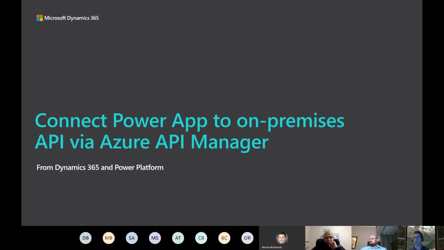And if you don't know, there's several ways you can connect a Power App to on-premises. If it's connecting to a data, so you want to connect to SQL Server or Oracle or something at a data level, then you might look at the Power Platform Data Gateway. I'm not going into what the data gateway is and how it all works, but that's certainly one way you could do it. I'm connecting to an API and I needed some conversion to happen. Some other issues like, actually, this is a real world scenario, a customer already actually had the web service published to the internet.